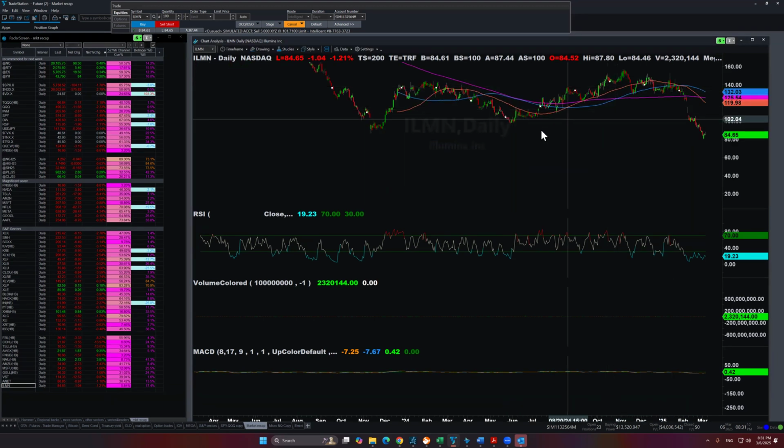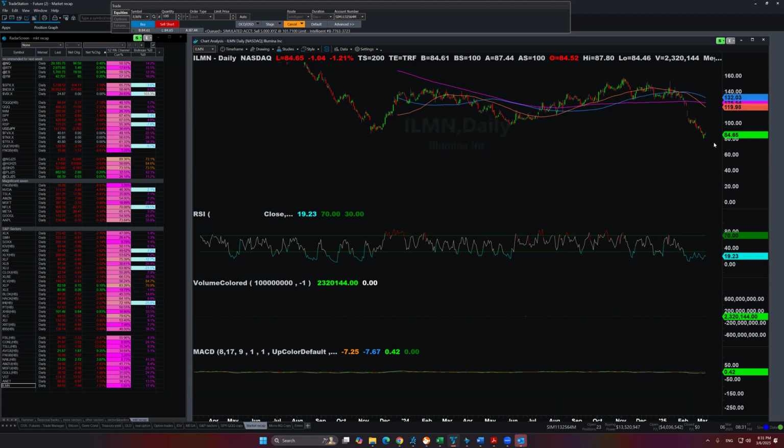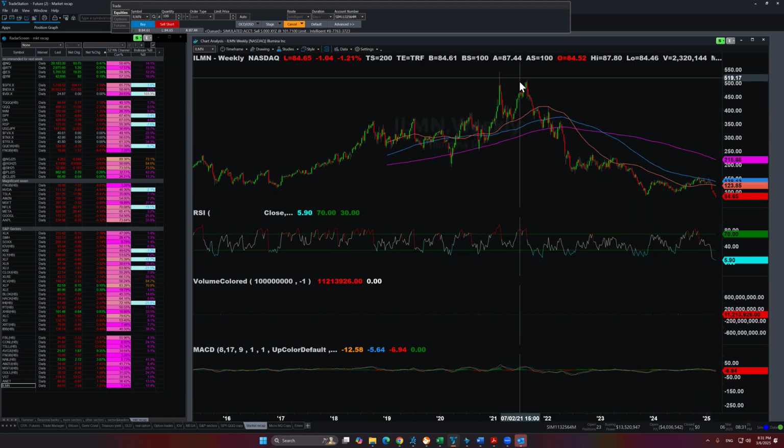A month ago, last year, I saw this coming down to this level, and it did. So it's a bullish divergence, and if you want to buy this instead, look at where it went. It came from $500. That's really ridiculous. But even if you just go back up to 154, that's still almost 100% gain, right? So that's why I keep emphasizing, if you didn't take a stop loss yet, this is not the place you cut